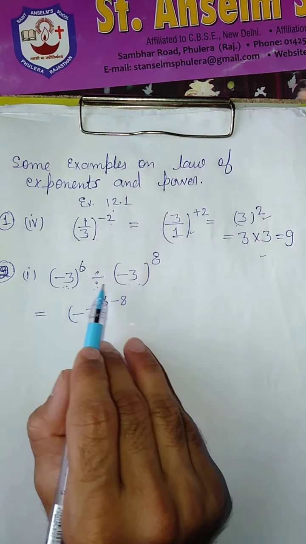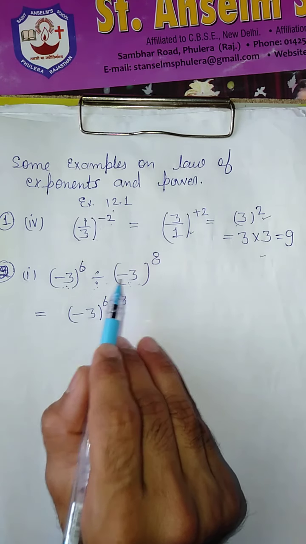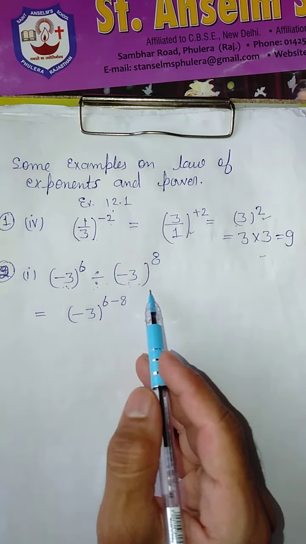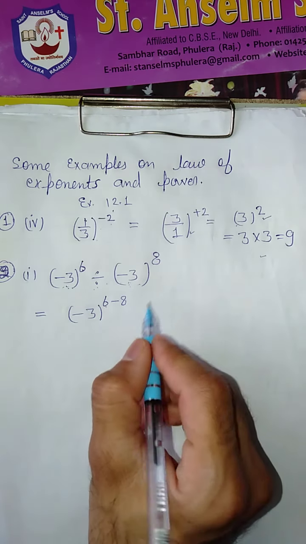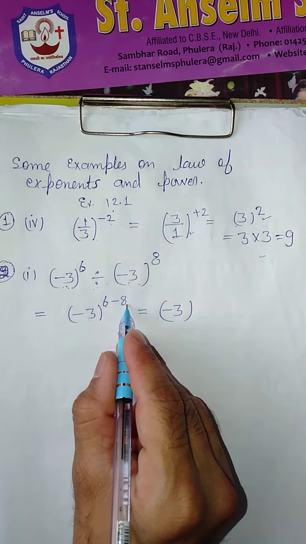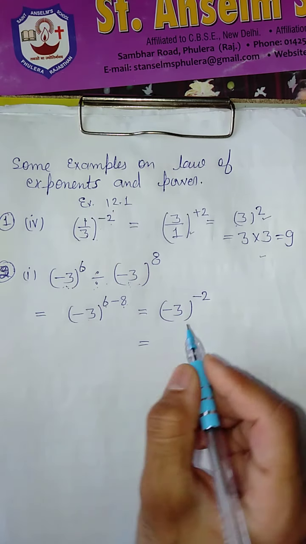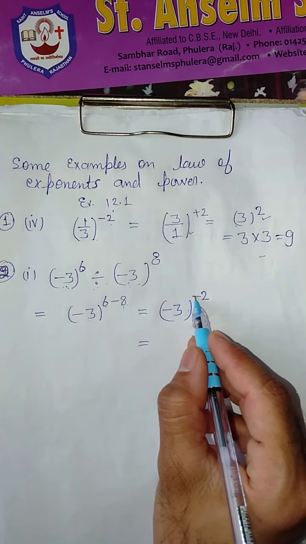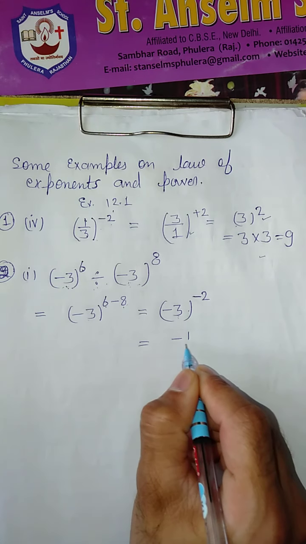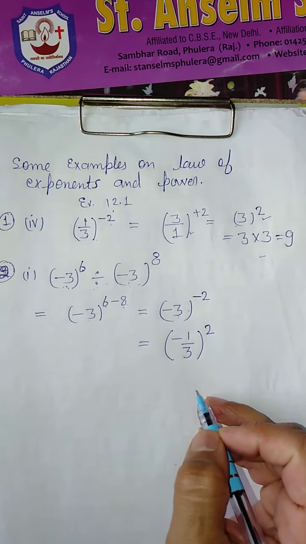See, after division, this is divided by minus 3, means this is the divisor and this is the dividend. So we have to subtract accordingly. Don't do it by thinking this is a greater number so we will take it first. No, accordingly we will do. So here minus 3, 6 minus 8 is equal to minus 2. Now see, according to law of exponent, what to do? This negative sign is here, so we can take the reciprocal of this. So we can write here minus 3, reciprocal of 3 is 1 upon 3. So minus 1 upon 3 power 2, right?